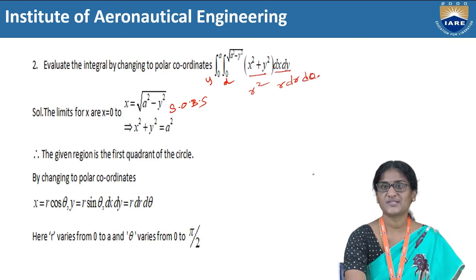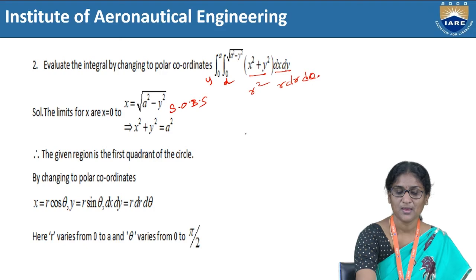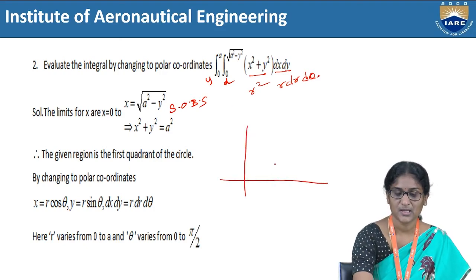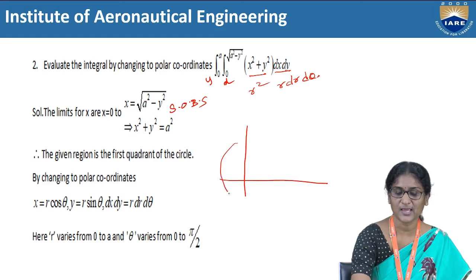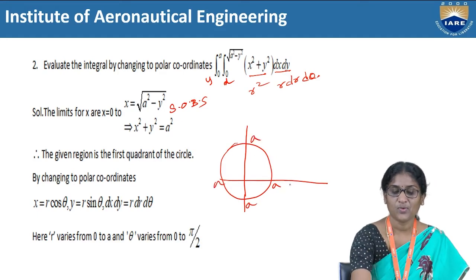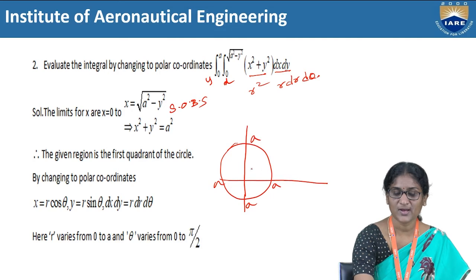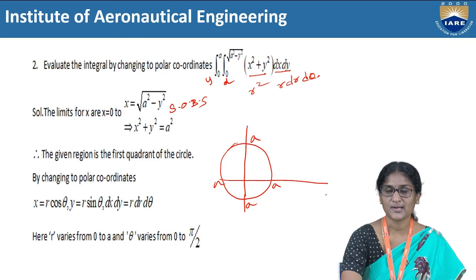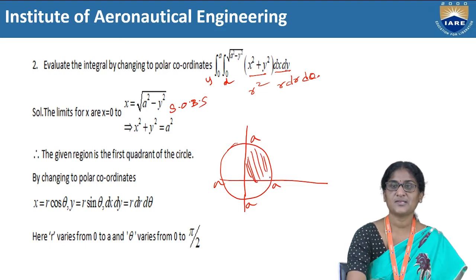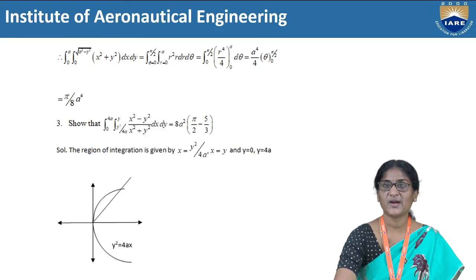And how do the limits change, as it is a circle? Now it's time to guess the limits. He has given a circle with radius a, and y is equal to a is somewhere over here, so it lies in the first quadrant. So here he is referring to the first quadrant values. So theta raises from 0 to pi by 2.